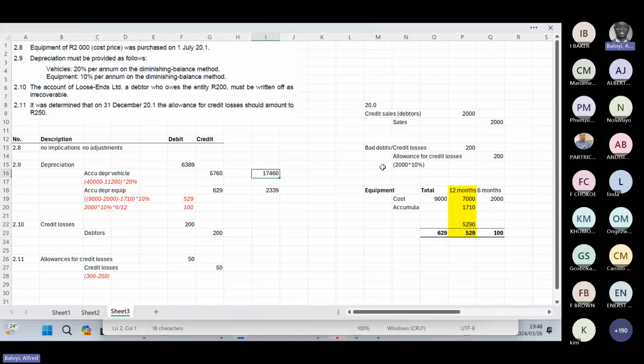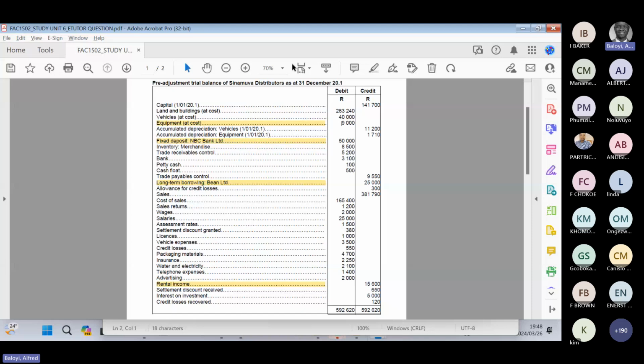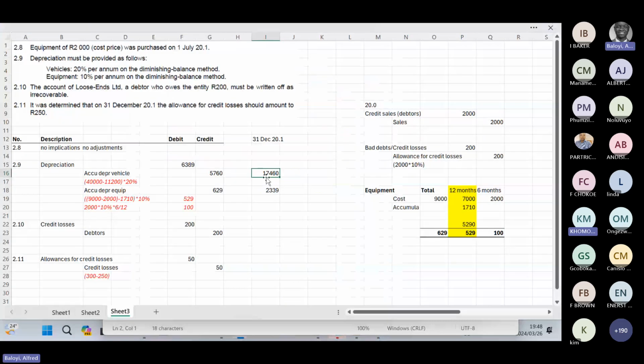So these will be the balances at 31 December. This is for equipment and this is for accumulated depreciation. So this will be the opening balance and this will be the closing